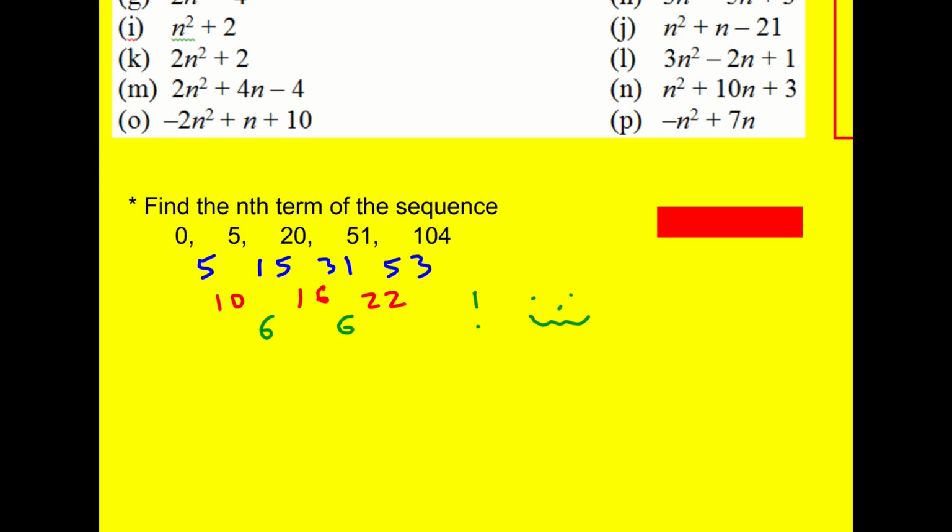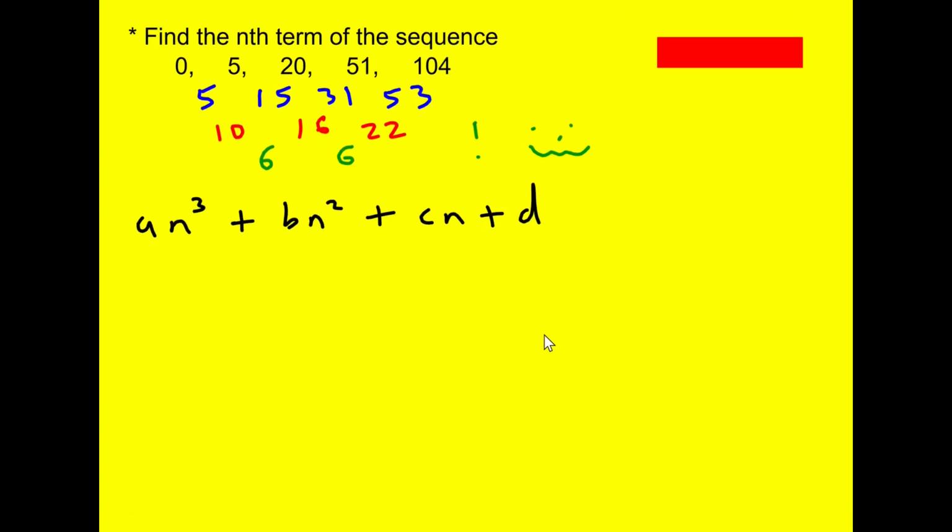What does that mean? Well, if the first difference was constant, it was a linear sequence. The second difference, quadratic. This is actually a cubic sequence. So it's a good extension because it requires you to think, but you can use the same method to try and find the nth term of an cubed plus bn squared plus cn plus d. That's what we're going to try and do now. So same process, and this is why it's such a powerful method. Right, we're just going to substitute in n as 1,